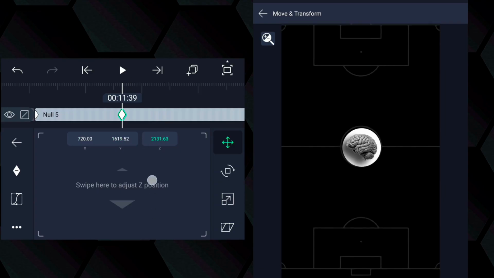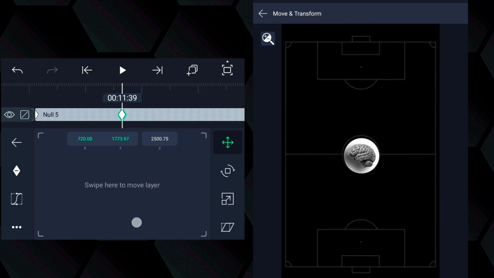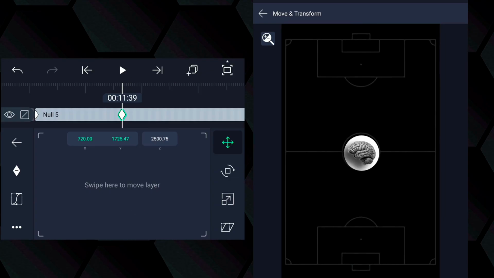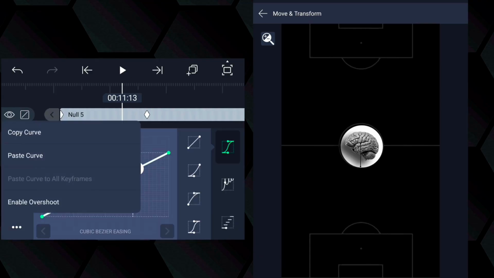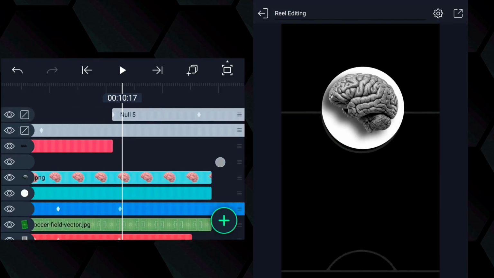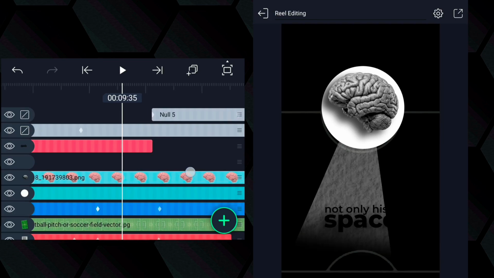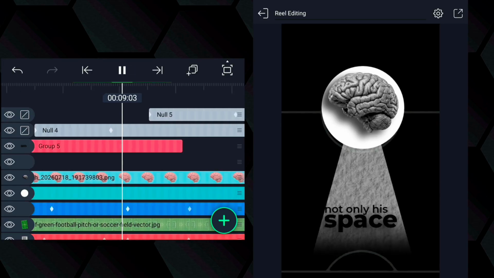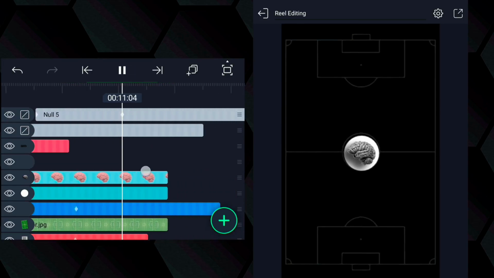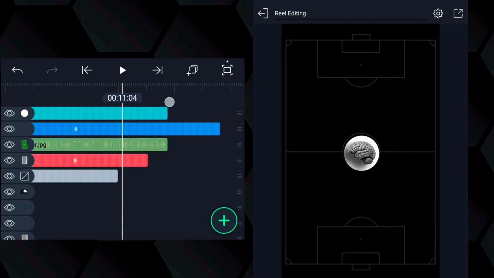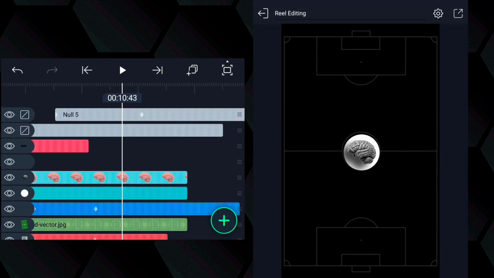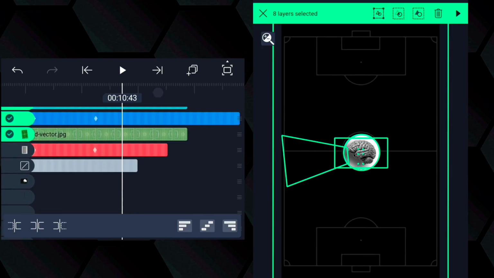Select the keyframe and then paste the curve on all the 4 points. From this point, add another null, connect null 4 to the null 5, and then